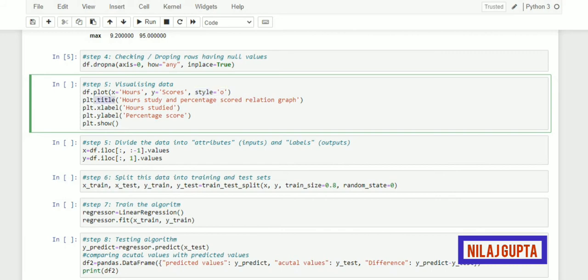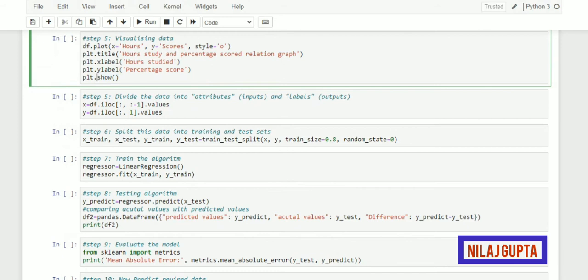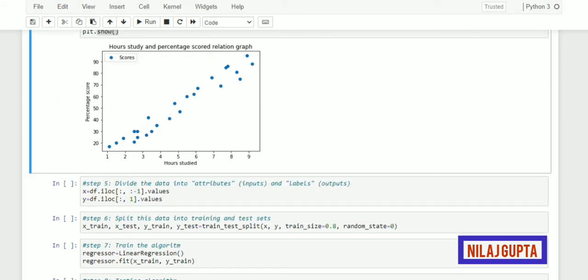To set the title, you have to use the title function of matplotlib.pyplot, and to set the x-axis label you have to use the function xlabel and ylabel for the y-axis, and the show function is used to show the graph. Now I will run this block. Here you can see that the graph is created, and you can observe there is a relation between hours studied and percentage score. As hours studied increase, you can see that the percentage is also increasing.